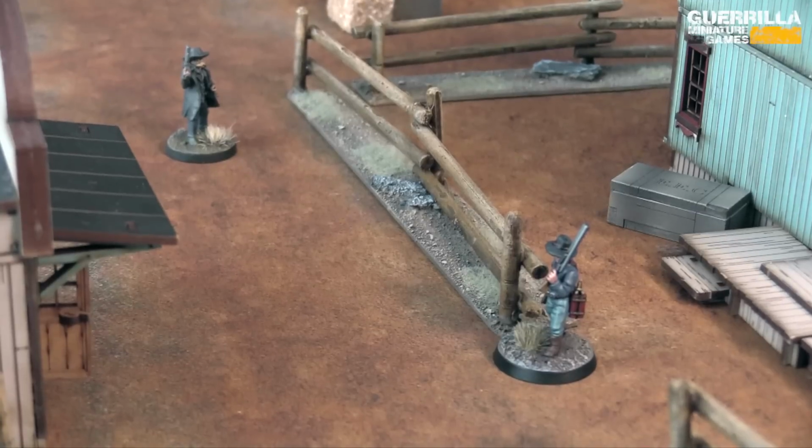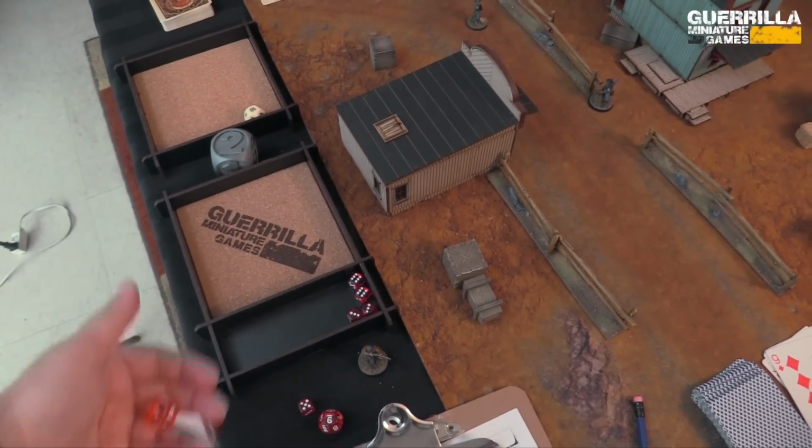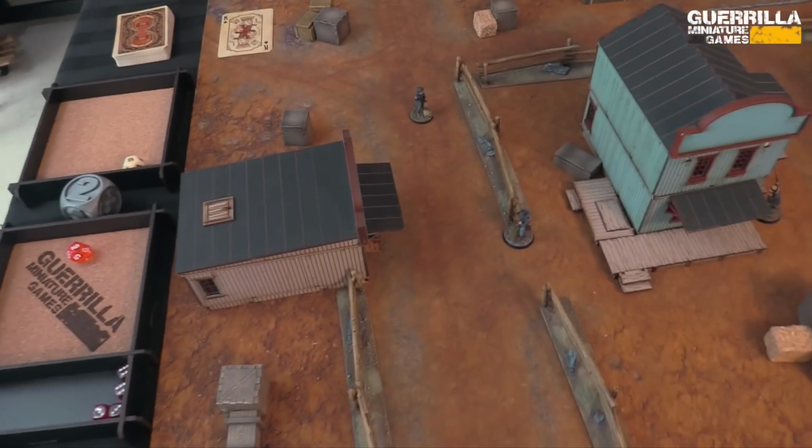A 12. All right. Well, Boyd's got 1 luck. I'll try and use it. 1 luck. He's going to have to roll a 12. He's rolled an 11, yeah. Nope. So he gets hit. So 1 damage to the...